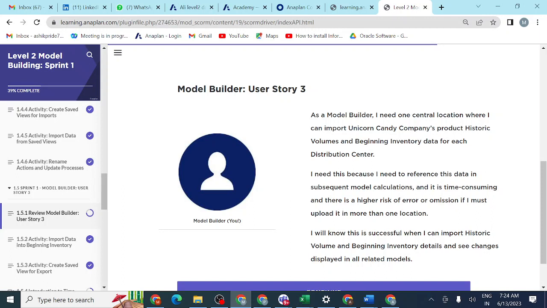You are getting data from 3 to 4 sources, Excel, SAP, Oracle, and whatever. So the data may be in different formats. But while bringing it into the data hub, you will bring it in one unique format, so that there is no risk of error here, and there is no chance of omission of data.